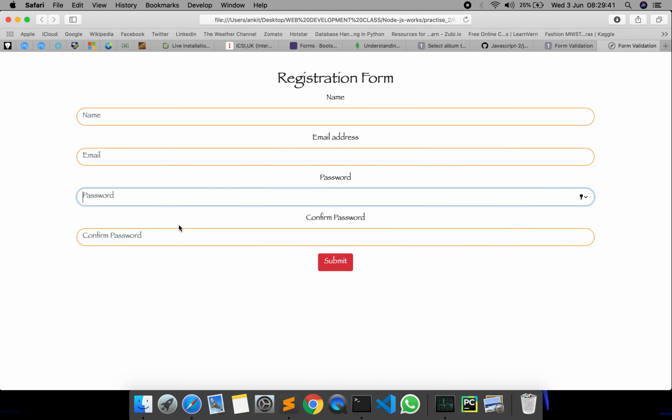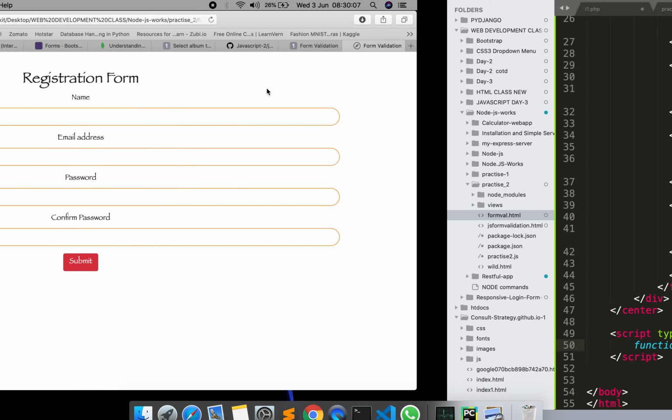For example, I have written a name, and now see what happens when I click on the submit button. Your page gets refreshed, your data gets submitted directly. It doesn't matter if other three fields were blank or whatever, your data gets submitted. So what we need to do first is prevent the default setting of this submit button.